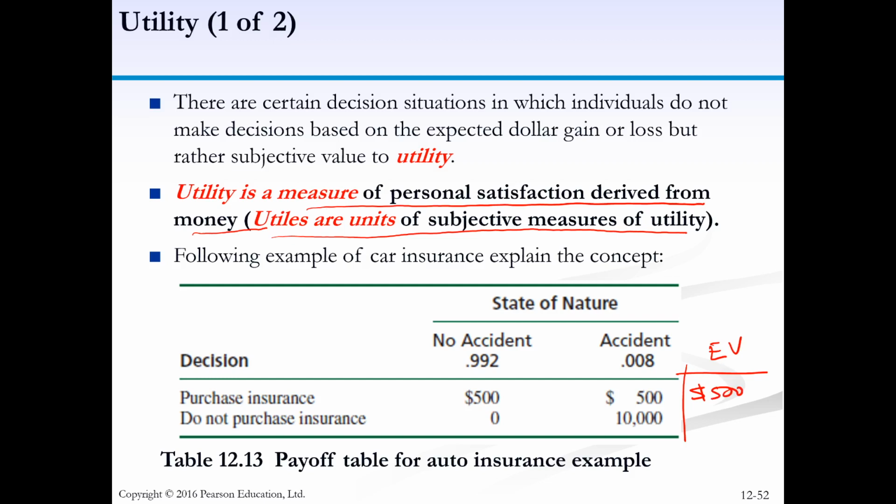And if we do not purchase insurance, then the expected value is 10,000 multiplied by 0.008, which is $80. That is the expected cost of getting the insurance or not getting the insurance. So if we go for the expected value decision, we can see that the cheapest decision here is do not purchase insurance,